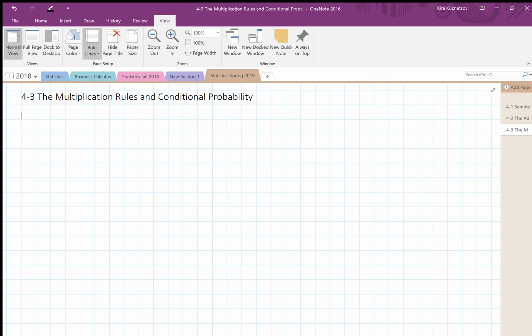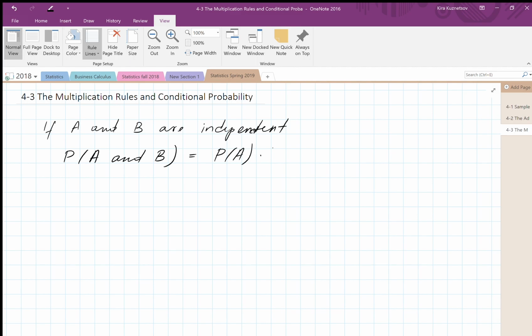These are the examples from 4-3, the multiplication rules and conditional probability. My first formula is the multiplication rule for the independent events. So if A and B are independent, the probability of A and B is equal to the probability of A times the probability of B. My first example